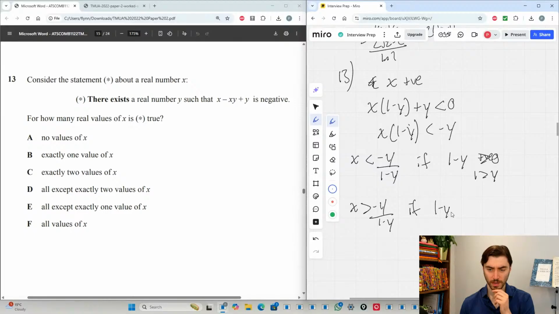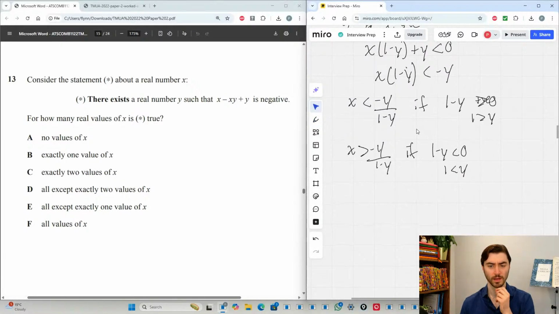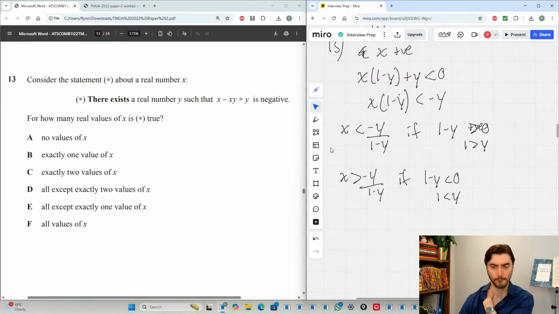If 1 minus y is negative, so if 1 is less than y. So if 1 is bigger than y,